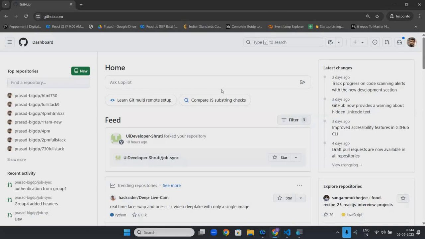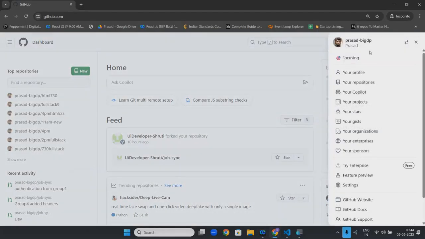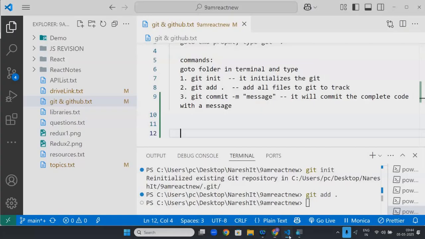After creating the account, you will have a username. Take your username and write it here, mentioning who you are.